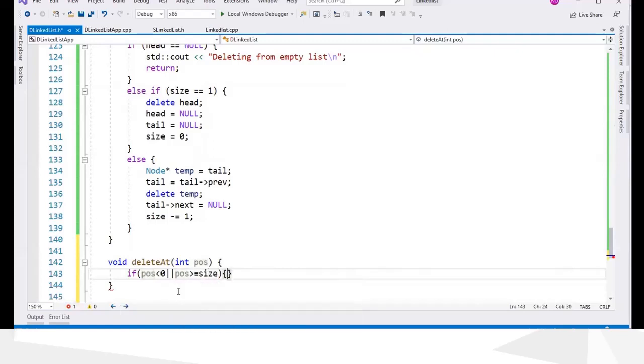So now the size, if you try to delete size, it is also an invalid position because we start with 0, and if there are 6 elements, the last index is 5. So if you give a position like delete 6, it will be an invalid position. That is why, not like earlier, we have included the equal mark, not like in the insertion function.